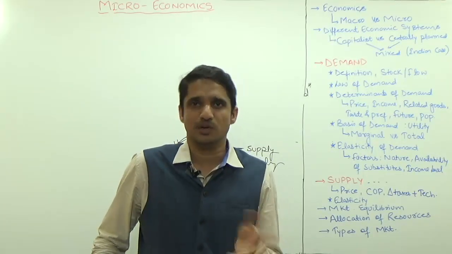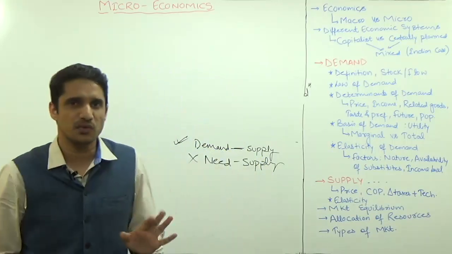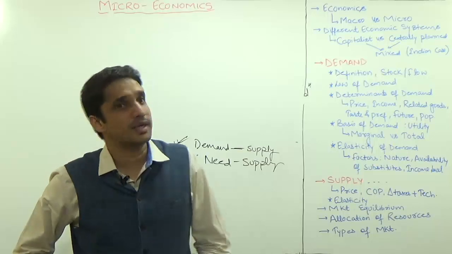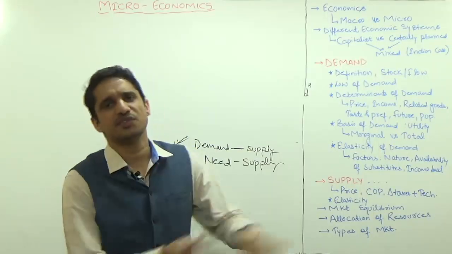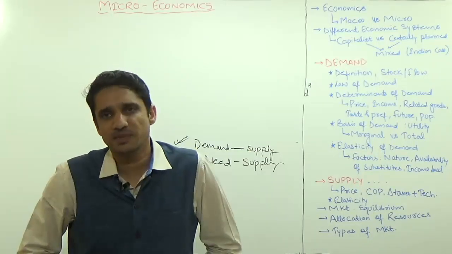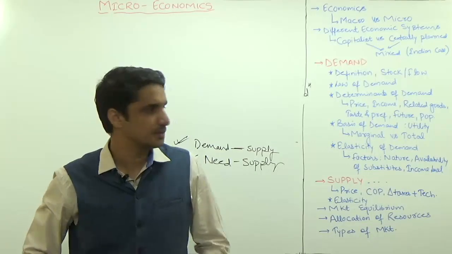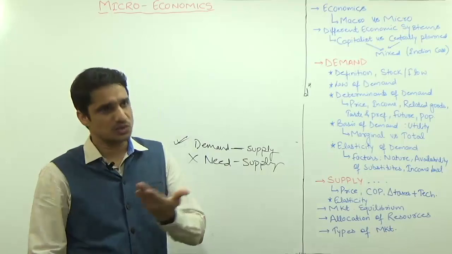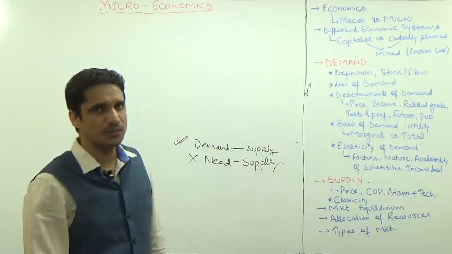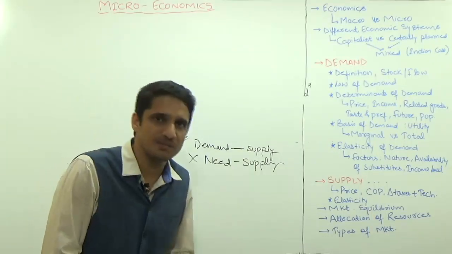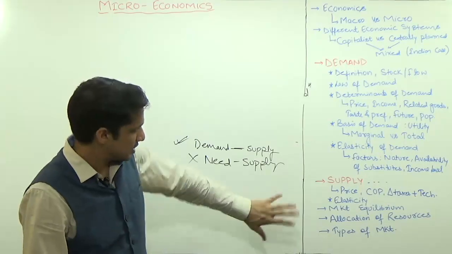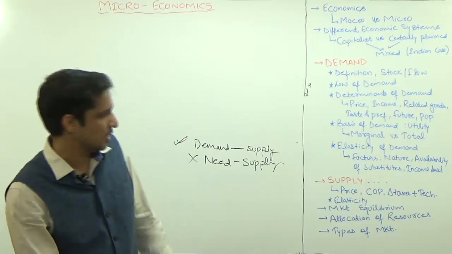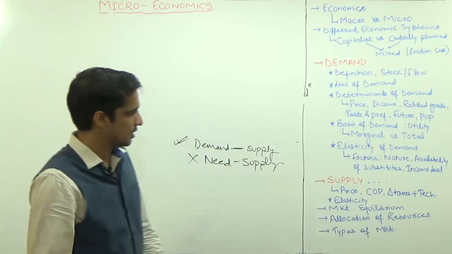That can be BRO, Border Roads Organisation, but that will be done by the government. Suppose there is a lot of pollution in Delhi, so these companies will shift from Delhi to some other state or some other city, but it will be the duty of the government to eliminate that particular pollution. So some government company will be involved. These are some positives and negatives of allocation of resources by the private sector as well as the government sector.